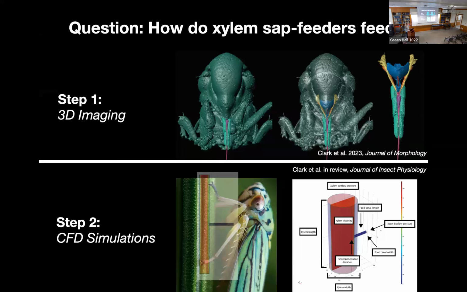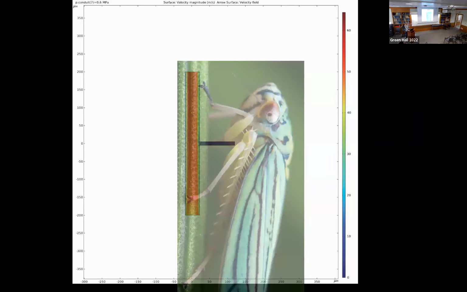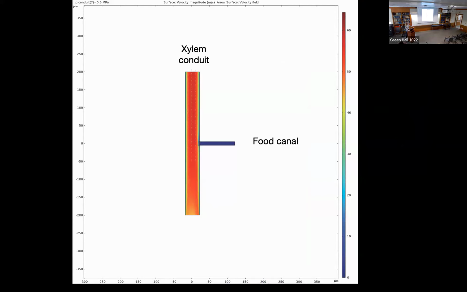And the first step we took to answering those types of questions was building a computational fluid dynamics model using the anatomical measurements that we took from the 3D imaging data to look at what's going on inside the plant at the plant and insect interface. So I'll just talk about that really briefly. There's a lot of nuance and intricacy, and it's computationally intensive to build a model. So we built a very, very simplified version of this interface between the food canal and the xylem conduit,